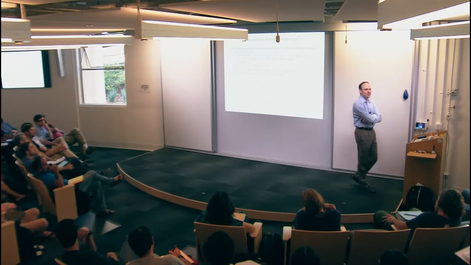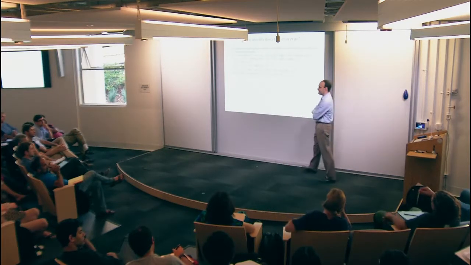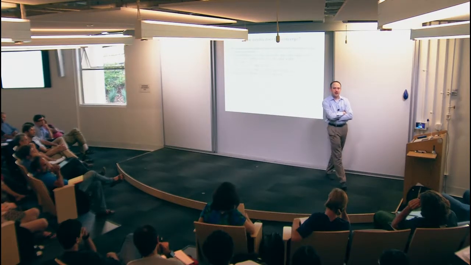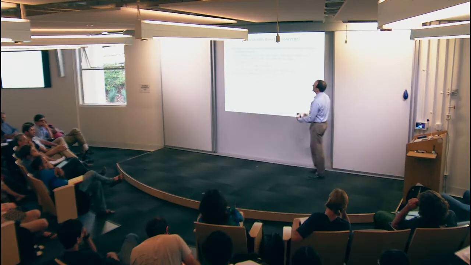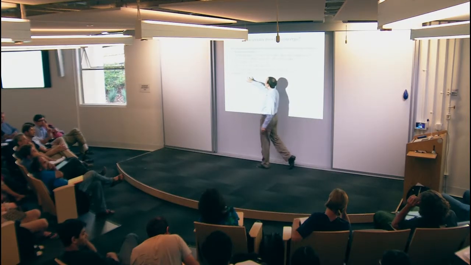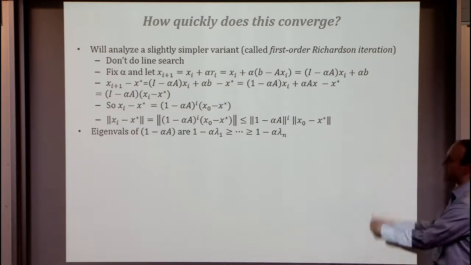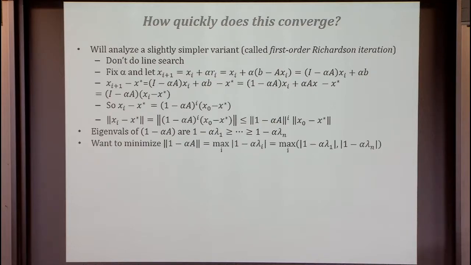Well, the key point that's going to emerge over and over is that we have nice symmetric positive definite matrices. What happens when you analyze powers of them or any polynomial applied to a symmetric matrix? All you do is take that polynomial and apply it to the eigenvalues. Okay, so here I have the eigenvalues of 1 minus alpha A are just 1 minus alpha times the eigenvalues. And in order for this matrix to have bounded spectral norm, all we need is for all of these to be less than 1. And how much less than 1 will dictate how quickly this thing converges.